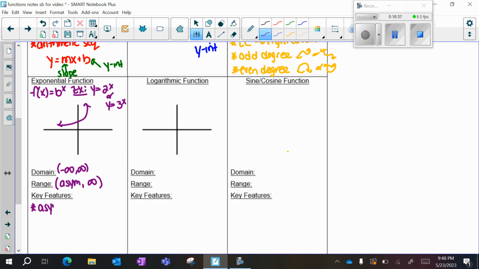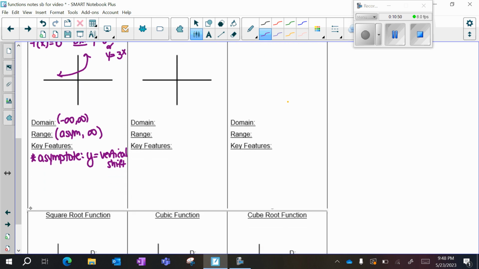Your asymptote is always going to be y equals your vertical shift. So in the parent function, it's y equals 0 because there's no vertical shift. It's going to have no x-intercept unless, of course, there are shifts. Your y-intercept is going to be 0, comma, your initial value, which is a, plus your vertical shift, which is